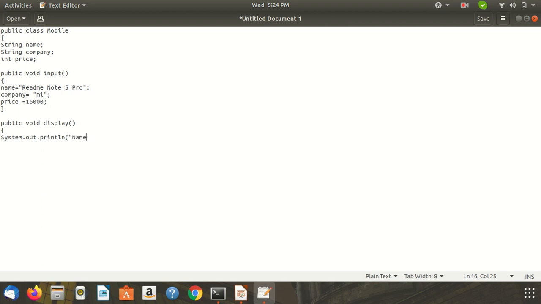First print the name of the mobile, then concatenate with the name, then again print the company of the mobile, then the price of the mobile.